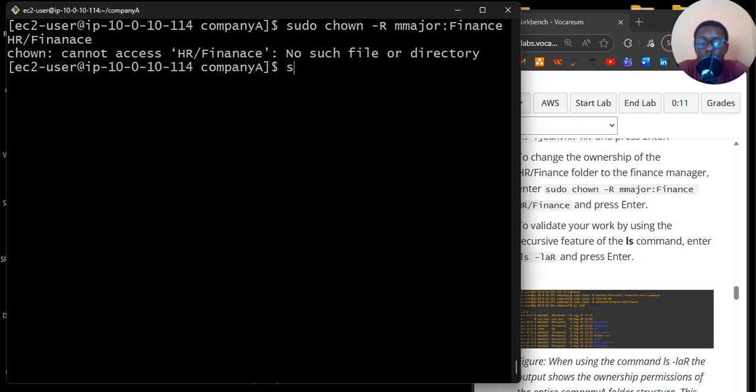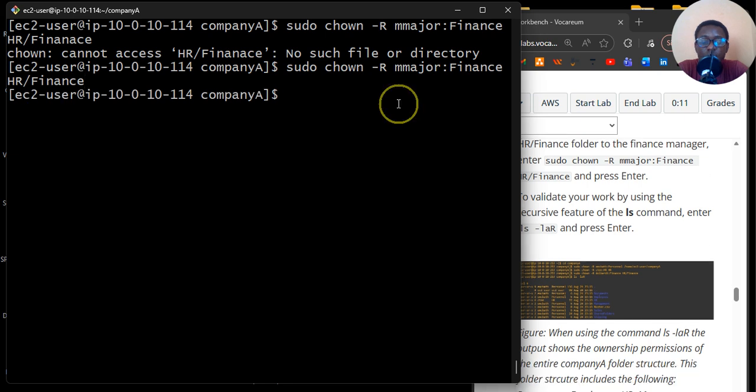So sudo chown -R M Major, and then finance, okay, the folder HR/finance, right? And this should work for us. Great. And then if we do ls -la HR/finance,